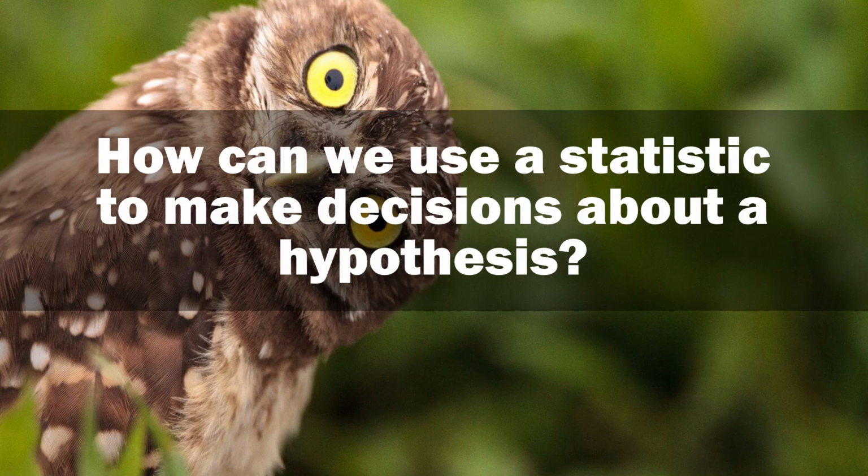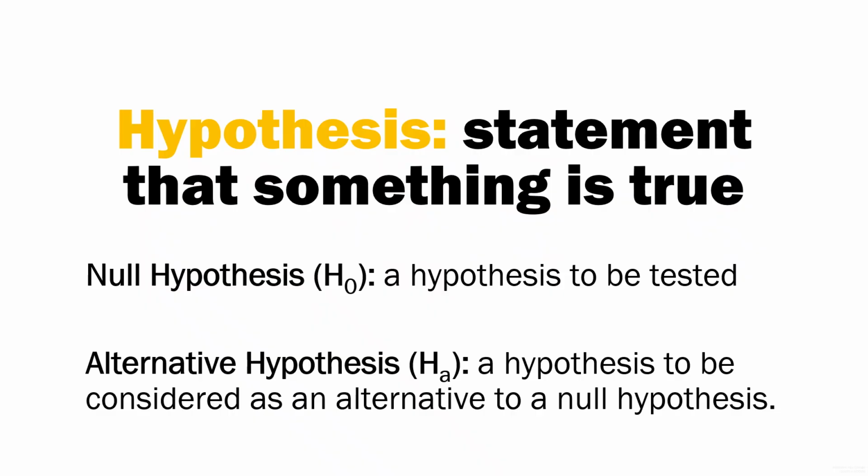the hypothesis test. A hypothesis is simply a statement that something is true, or it's something that you can test. And we'll focus on hypothesis tests with two different hypotheses, and that is the null and alternative hypothesis. With the null hypothesis, which is denoted as H sub 0, this is your hypothesis to be tested, and it's always stating no difference, no difference, no difference. So generally, this is a statement that a population parameter has a specific value, and it's our starting point for